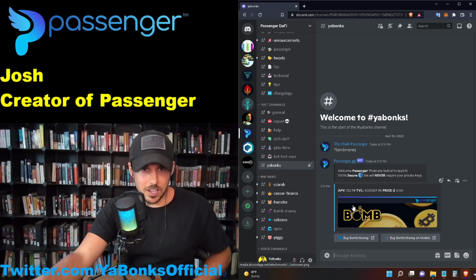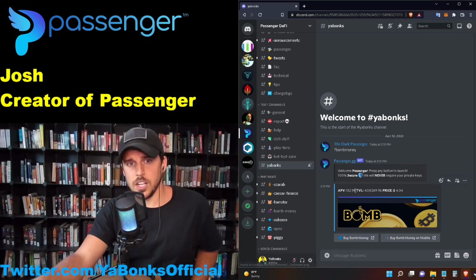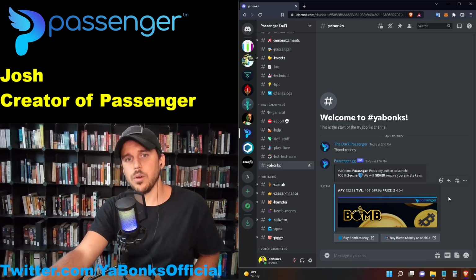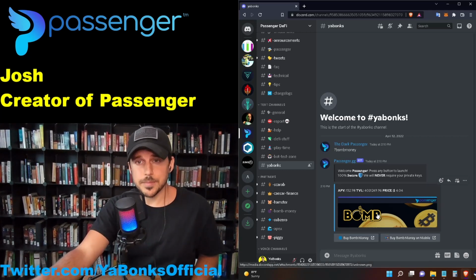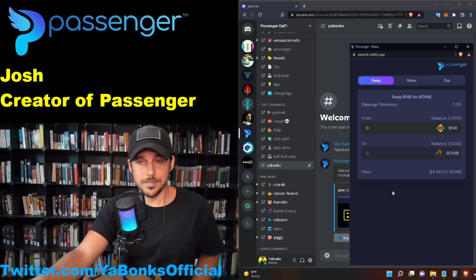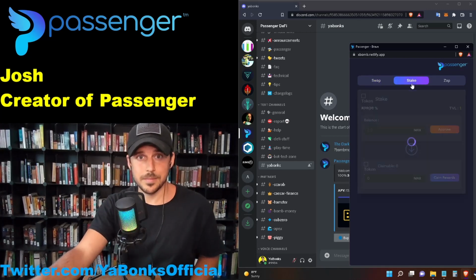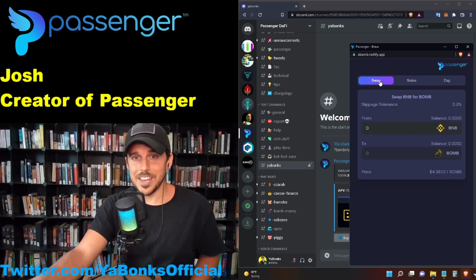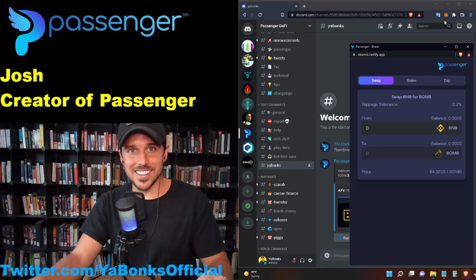Okay, this one has more information on it, like APY, TVL, and the price. So this one is a Tomb fork, so it's a little bit different than a Titano fork. And with those projects, you usually show more things. Actually, we will be showing more things in Titano soon too, but we started with Tomb. So with Bomb, it's also on BNB Smart Chain, whatever they're calling it now. So if you click buy Bomb money, it'll pop up. Oh, you already popped it up. Yeah, I popped it up. I couldn't wait.